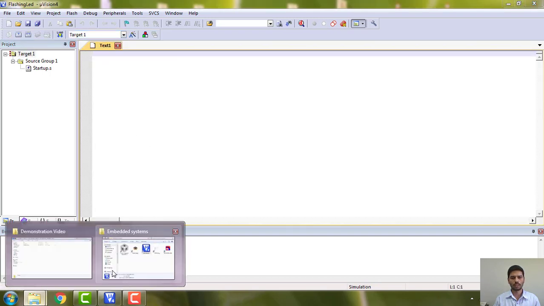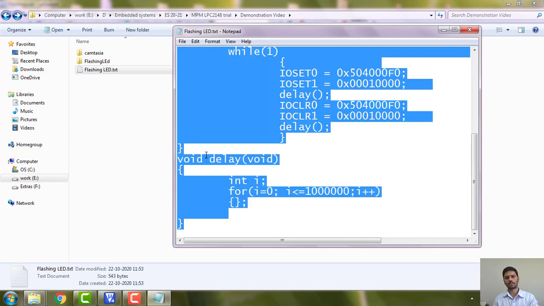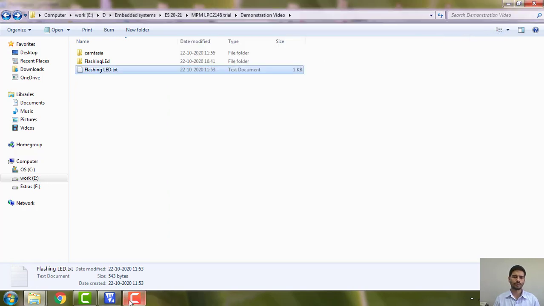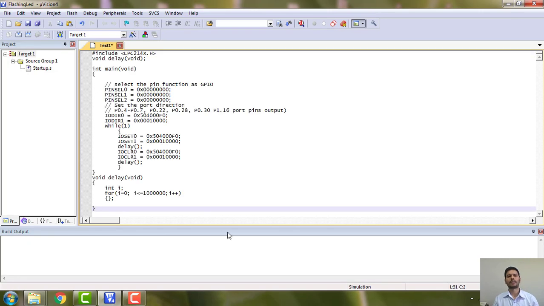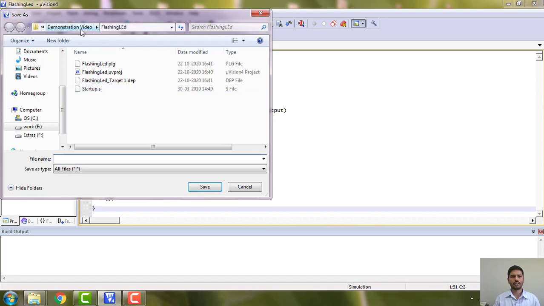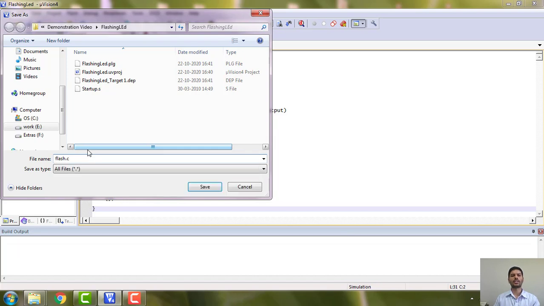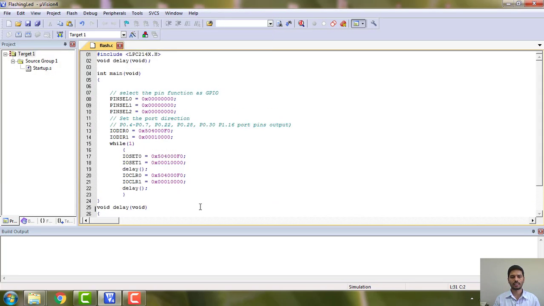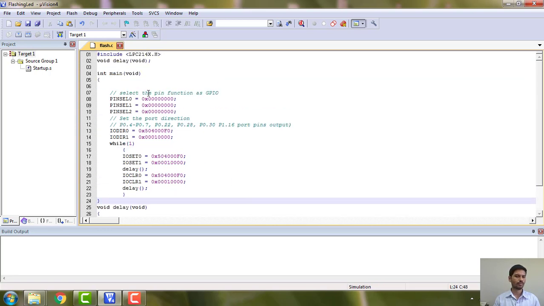Okay. So then we'll take a new file. I have a code with me already, so I'll simply select this code. This code will be provided to you so that you can take it up and do it. So this will save the time. Save as, and save with extension .c. So this is required. You can save with any name, but the extension must be .c. As soon as you save with extension .c, it will understand most of the things.